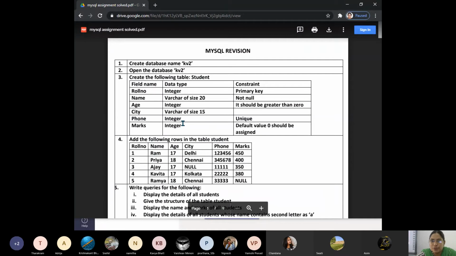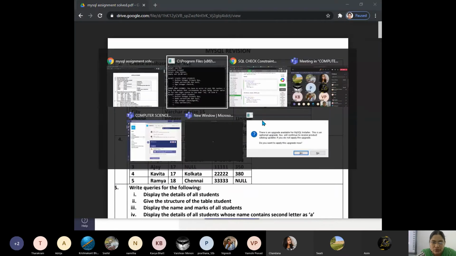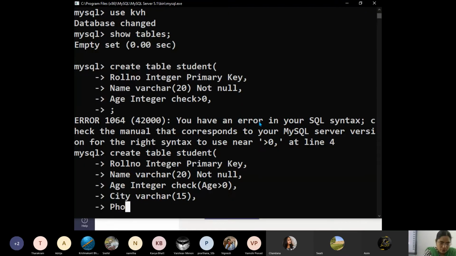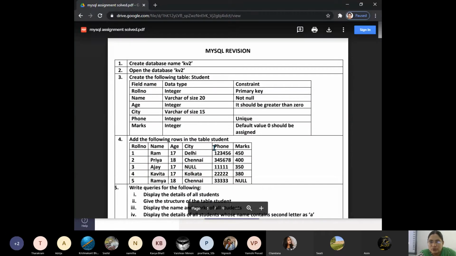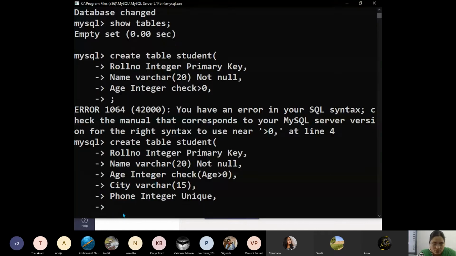Phone integer, it should be unique. So as it is, you can write phone integer, and it should be unique. Then marks integer default value 0. So marks integer is the default value.